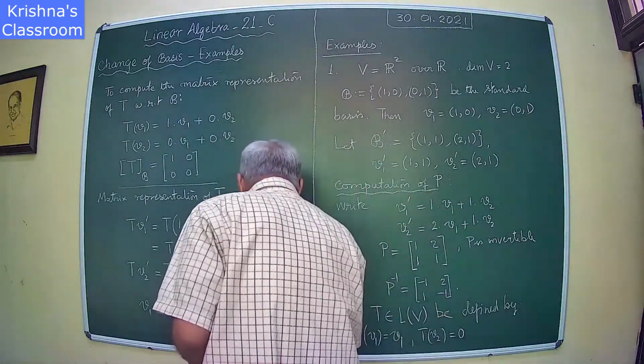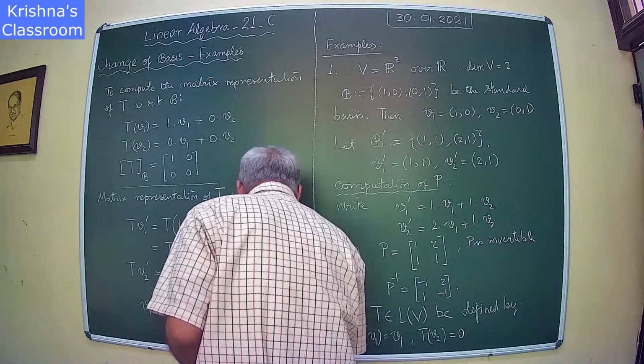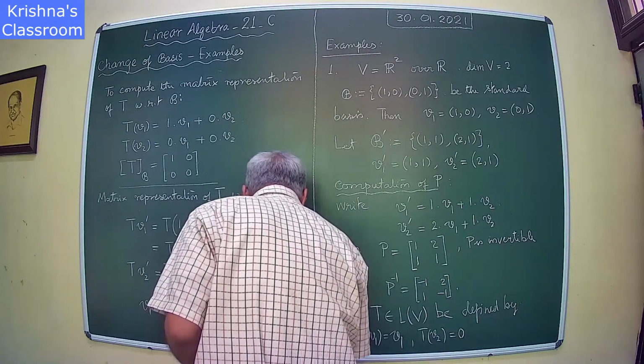So this is equal to minus 2 V1 prime plus 2